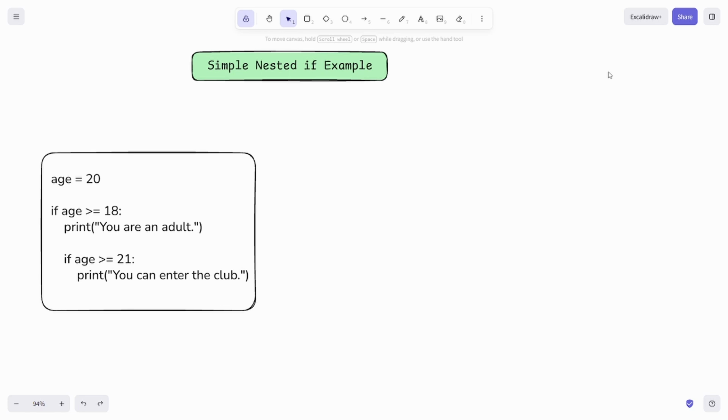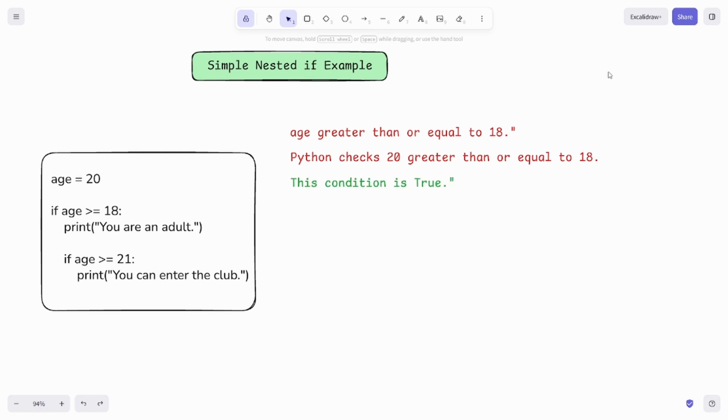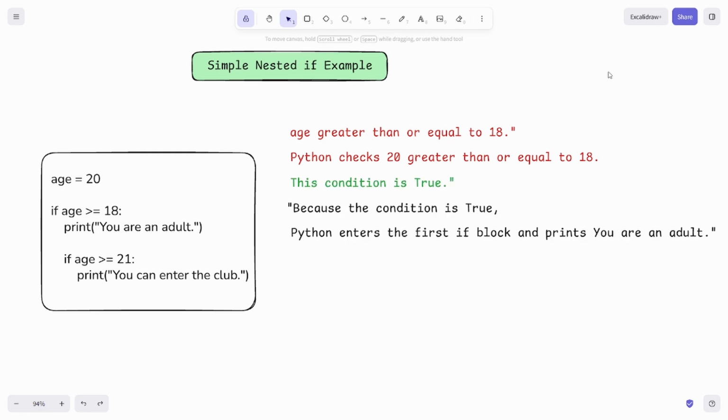Now, let's understand how Python executes this code step by step. First, Python checks the condition, age greater than or equal to 18. Here, the age is 20. So Python checks 20 greater than or equal to 18. This condition is true. Because the condition is true, Python enters the first if block and prints, you are an